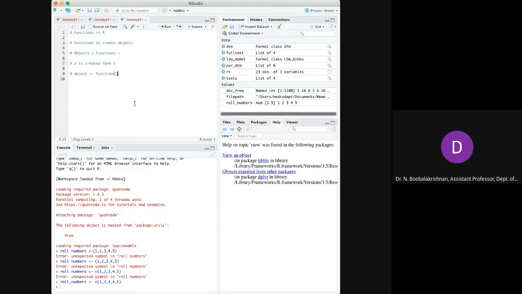In this roll numbers example, this is the object and the C is the function. What function does it have to do? It has to concatenate the values which are given as the input.